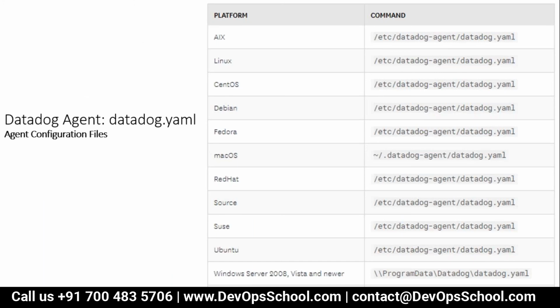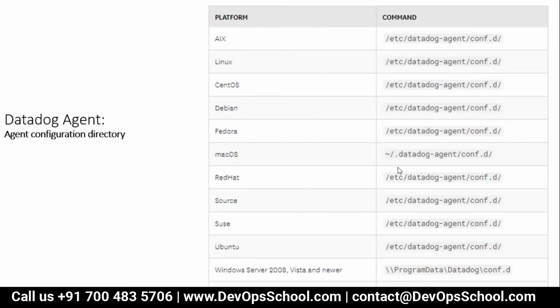Different locations in different operating systems: under Linux, it's under etc Datadog agent. In Windows, you will see it under ProgramData, Datadog YAML. So you just have to hard code your stuff. In this session, we will use Ubuntu or CentOS. So under etc, you will find it.